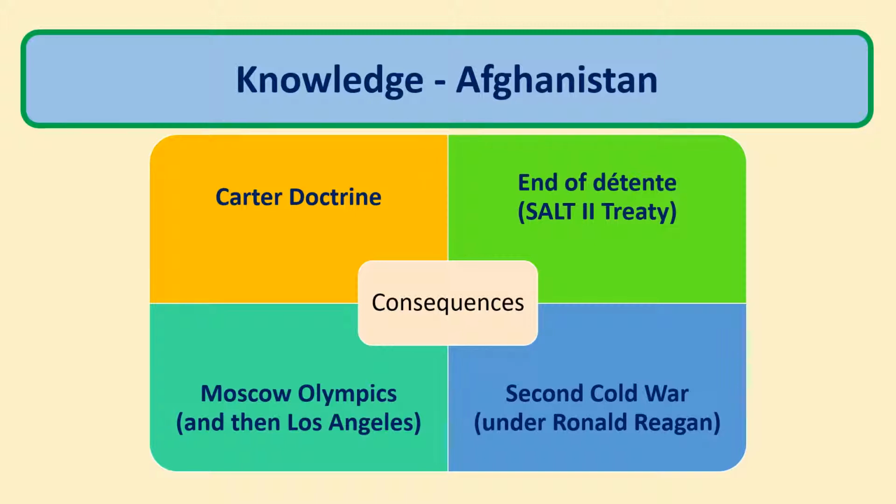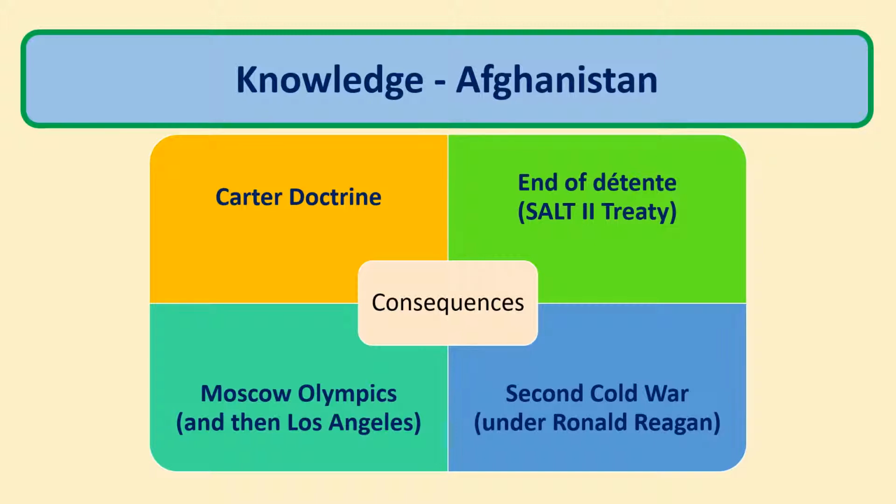This is where you see the Cold War start up again under the presidency of Ronald Reagan. And he sees it as a kind of moral crusade. The final events were the Olympics. In 1980, the Moscow Olympics